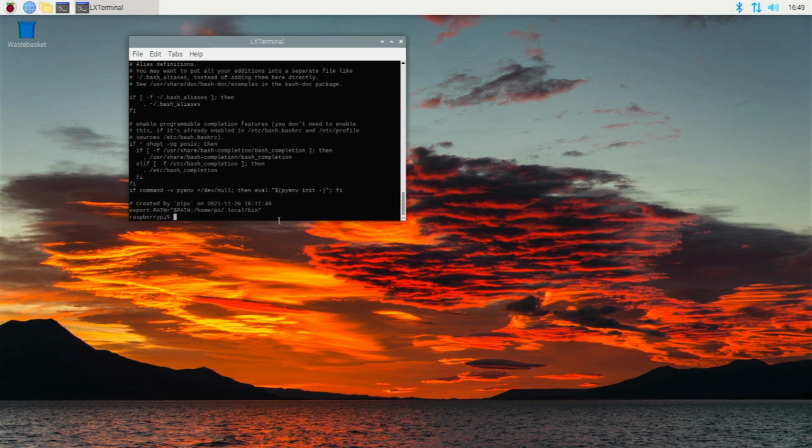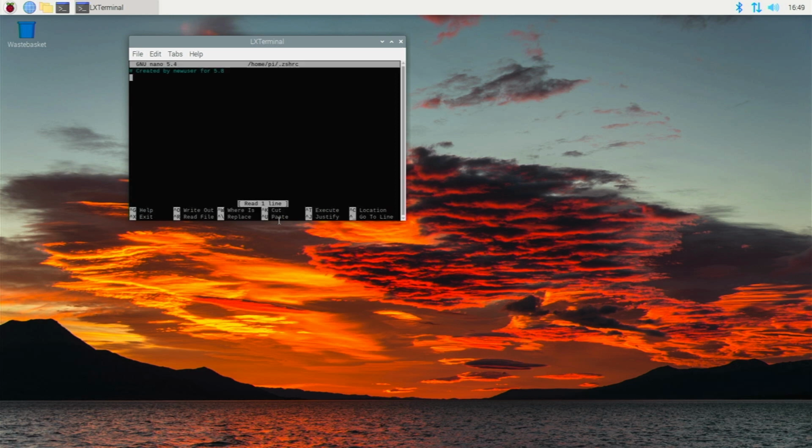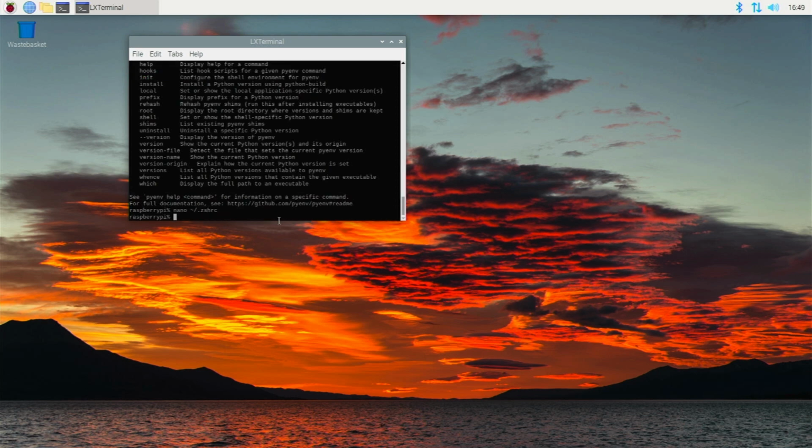In fact, we can check that with pyenv. So we've got pyenv, we don't need pyenv. So you can see we've got this file. We don't need pyenv, but we will need the path. So if we exit that,